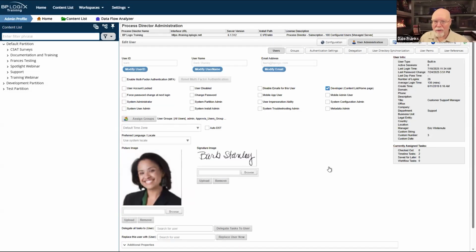But you can now have developers, and I know we have one customer that has a couple of folders in their content list, and different developers have access to different folders. And if I'm a developer in Group A, I can't get into Group B's folder. I can't see any of their objects. I can't make changes to them. In fact, I don't even think I can see Group B's folder because I don't have view permission for it in the content list. But I might have view, modify, and even delete permission on my own unique folder.